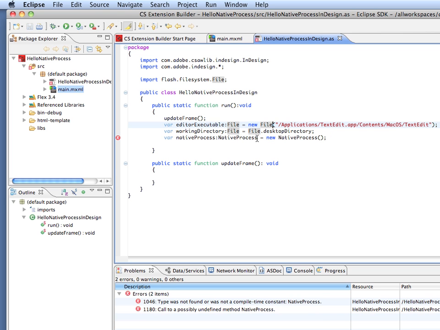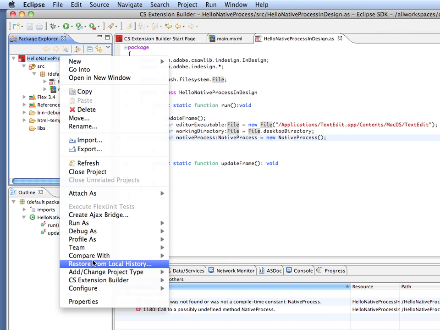But NativeProcess is unavailable, and it doesn't know about NativeProcess in the standard Flex 3.4 SDK. So what we have to do is to basically provide a version of the Flex 3.4 SDK that has the Air 2.0 SDK overlaid. And there's a recipe for doing that on Adobe Labs. If you look on Adobe Labs under Air 2.0, you'll find a straightforward recipe to do that. I've already done that, so all I have to do is,